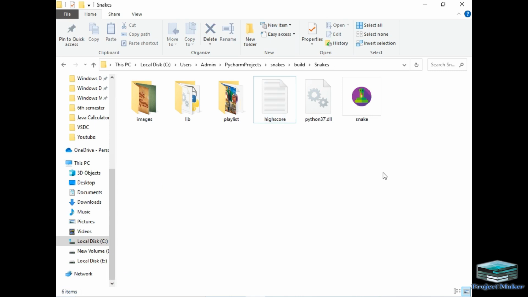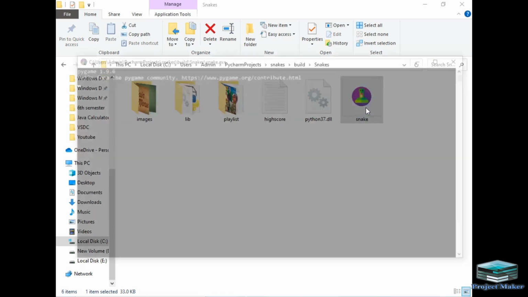Before starting the application, I would like to inform you that I have added a lot of background music in this game, so my voice would not be audible after I double click on this software. To avoid this, I will make my system sound 0 and then explain the game features, and after that restart the game by increasing the system volume. So I will make my system volume 0. Now let's enjoy the game. I will double click on the software.